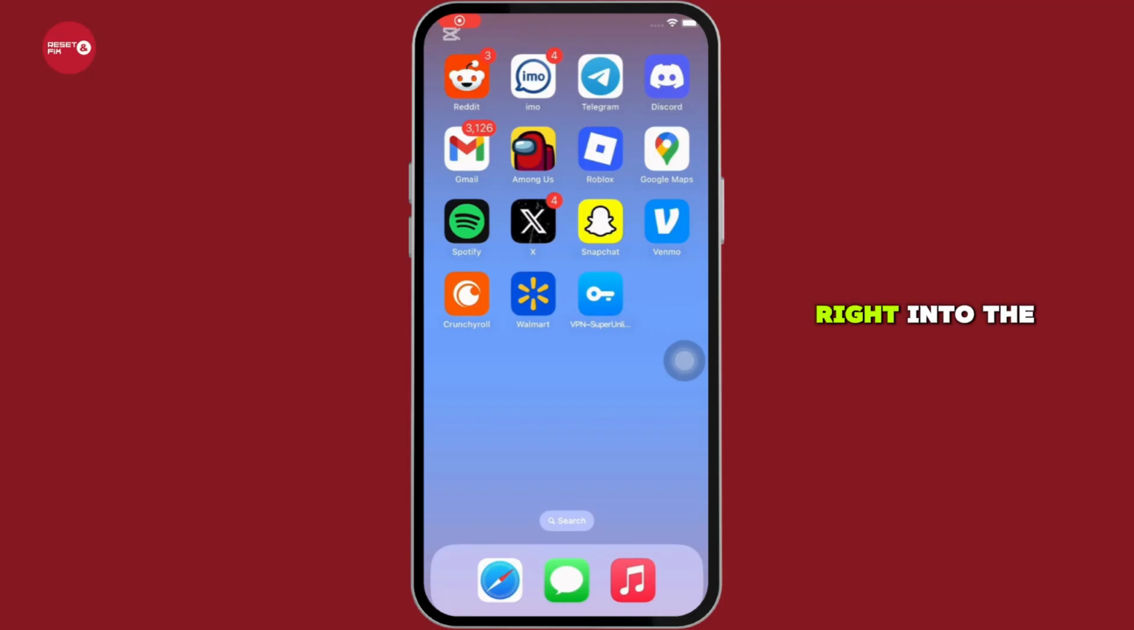Now, let's get right into the tutorial. Firstly, make sure your Mac or PC has iTunes for older versions of macOS or Finder for newer versions of macOS. Now, go ahead and back up your data if possible, as recovery mode might lead to data loss. Now, in order to put your iPhone into recovery mode, firstly, connect your iPhone to your computer or Mac